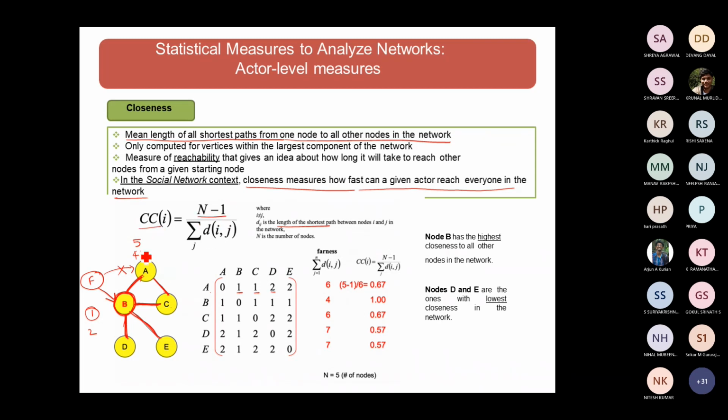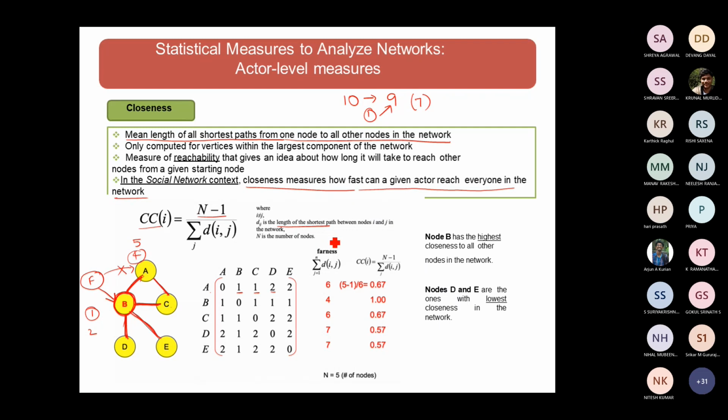So what is n minus 1? 5 minus 1, 4. Because I have to select one person in the network so that all other n minus 1 persons get connected. It is not mandatory that all n minus 1 also have to get connected. For example, if I have 10 people in the connection, and I select 1 person who has to reach all other 9, it means at least 70% should have connected. That means at least 70% of the nodes should be connected.